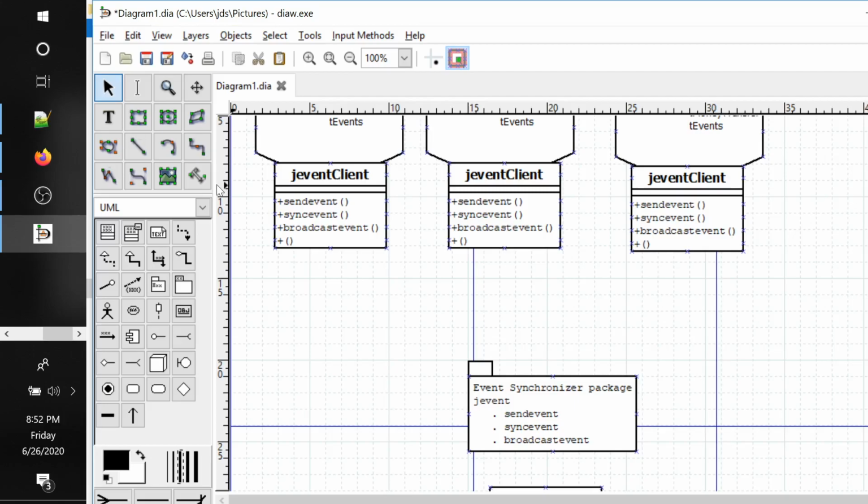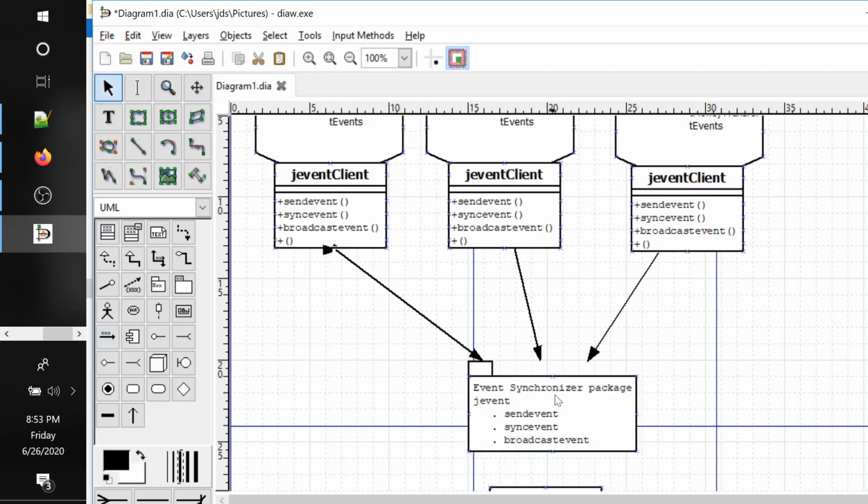And simply we can show the connection messages are getting passed from here to here, and then messages passed from here to here. Then message means function calls. Okay,